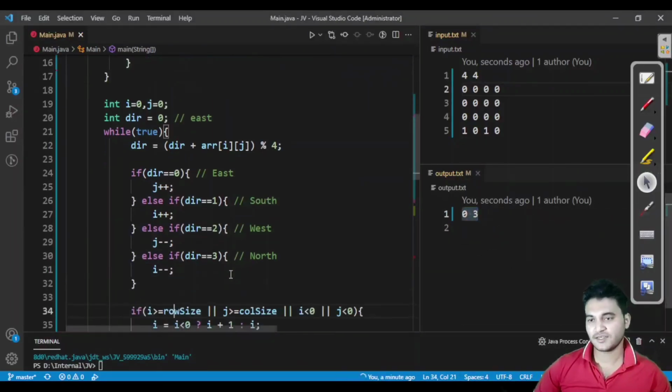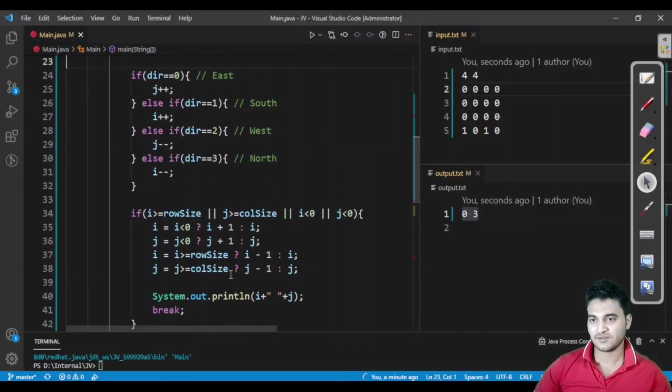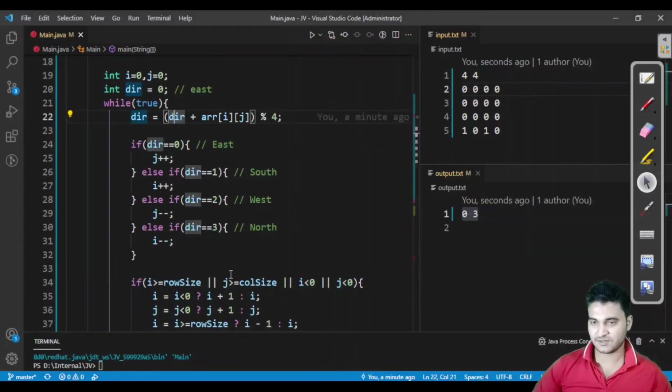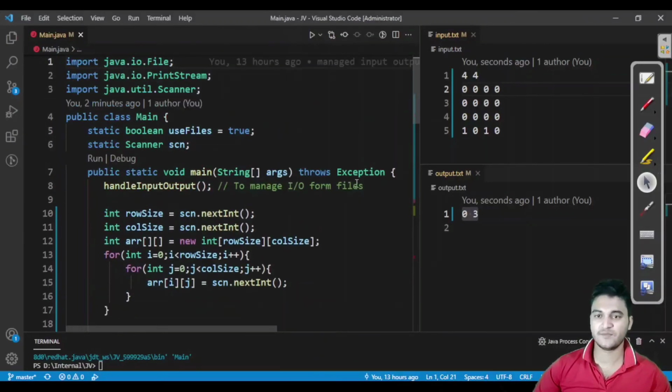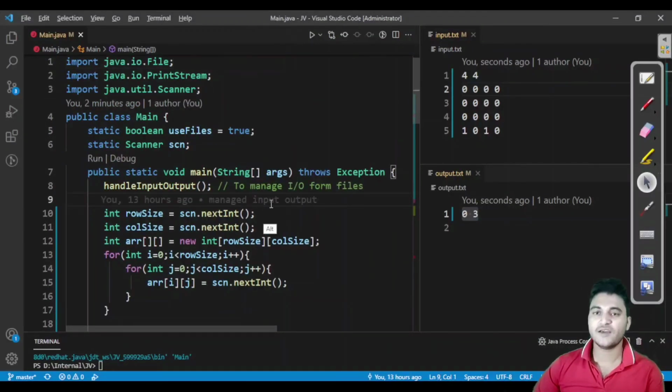That means of course our program is working, and that is the code for this. The main code is this one and these lines. You have to play with directions, and this is just for handling the outputs, what the indexes are for them. Now I hope I was able to explain the main concept behind this particular problem. This is a very popular LeetCode problem, the rat in a maze, or you can say exit point of a matrix.